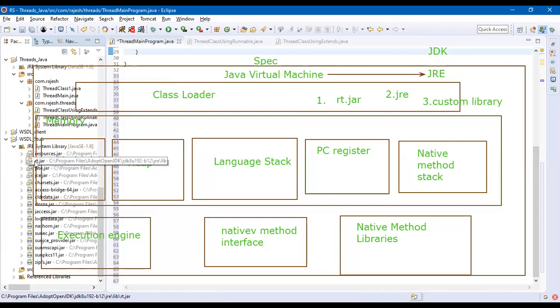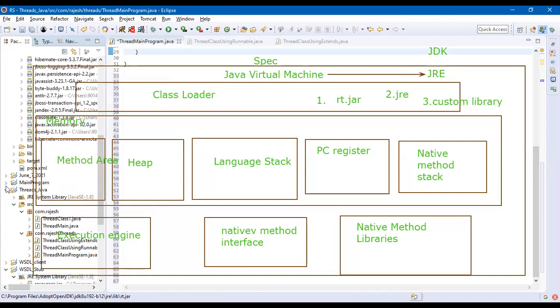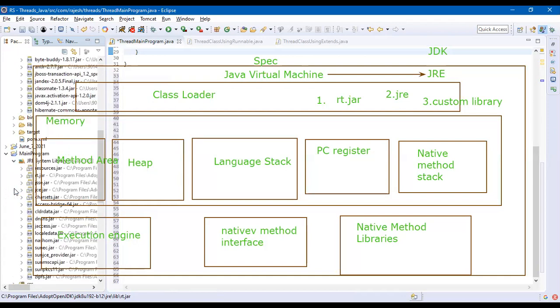Because this is like the ignition for a car, this is the key. The first jar which will be loaded is RT, which stands for runtime. So any Java project you create will have this JRE library rt.jar and its own dependencies. So rt.jar is point number 1.